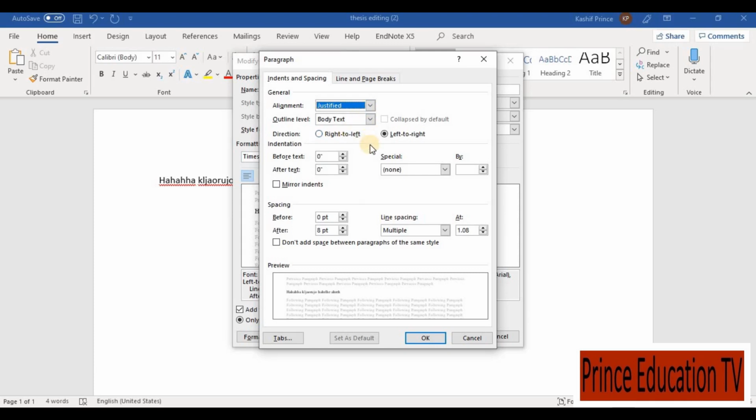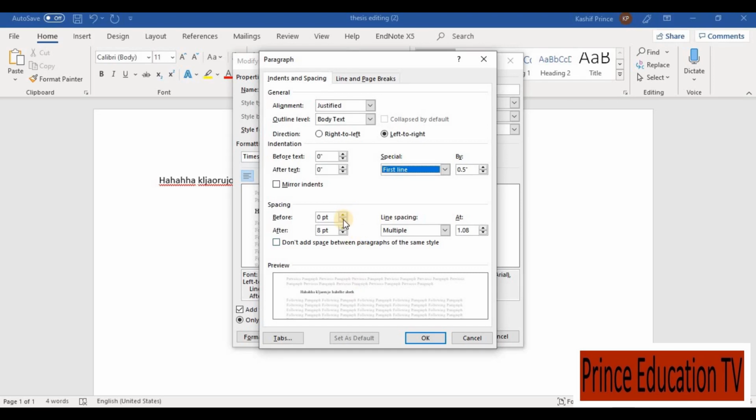You can choose whether it's justified, left, centered, or right. But according to my thesis, it's justified, and most theses have justified body text. And this will be 0 as such. For the special setting, the first line is always a little bit inward. You can see the line that is appearing here moves inward. So you have to do the setting according to that. The first line starts a little bit inward from that margin. So we will set it here.